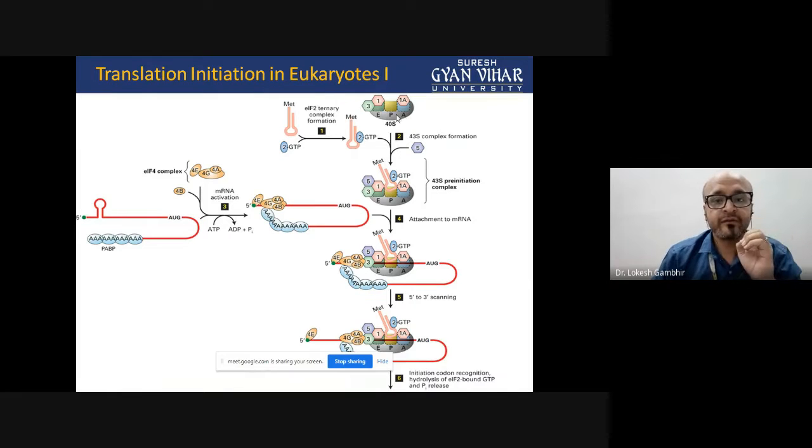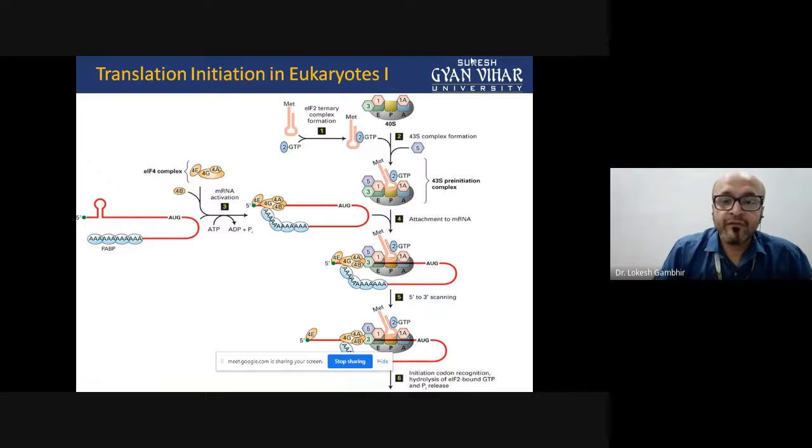Now in eukaryotes, this small ribosomal subunit has three sites: A aminoacyl, P peptidyl, and E exit. Whereas in prokaryotes, we saw that the small ribosomal subunit, that is 30S, had only two sites, A and P, and the E site was provided by the larger subunit. But in eukaryotes, the smaller ribosomal subunit also has all three sites. That's first thing first. Then the first initiation factors that come into play are 1 and 1A.